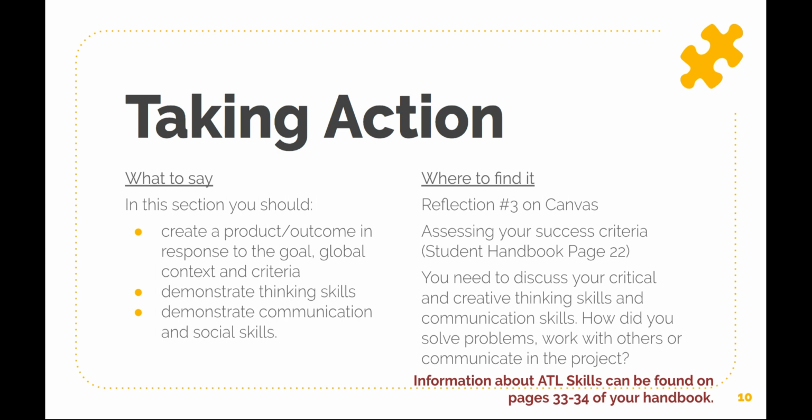throughout the process. In the taking action section of your report, you should show how you created your product in response to your goal and global context. If you need reminders about this information, you can find your success criteria that you set for yourself on page 22 of the student handbook. In this area, you need to demonstrate thinking skills and communication and social skills. I want you to think here about how you used communication skills throughout the project and what you learned from